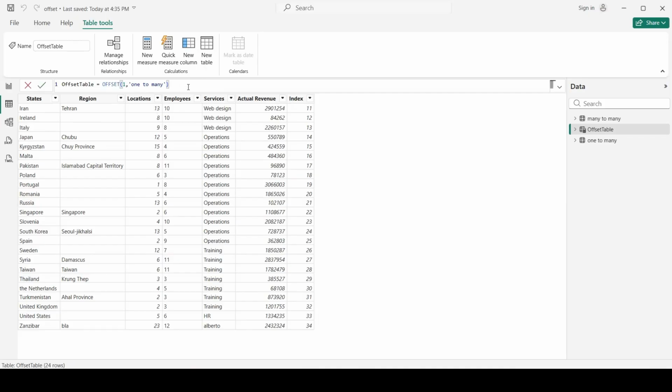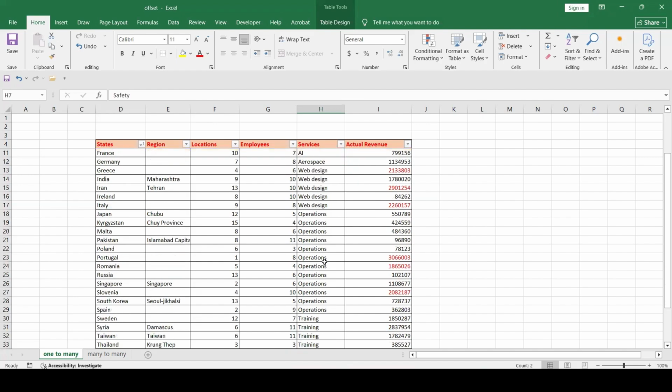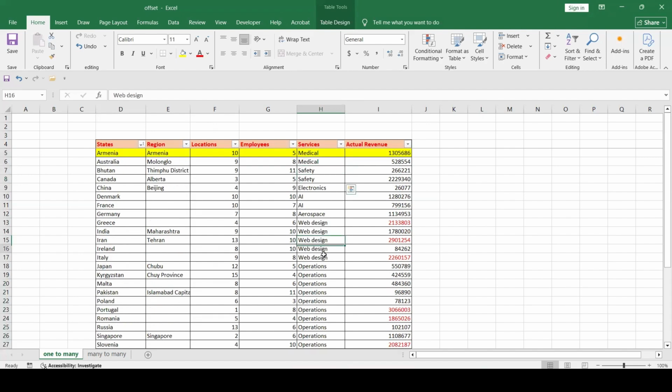And now what we want to do, we want to analyze every service cluster, like medical, safety, everything we have. What we can do with the offset function is rule out even the highest or the lowest values from each category.